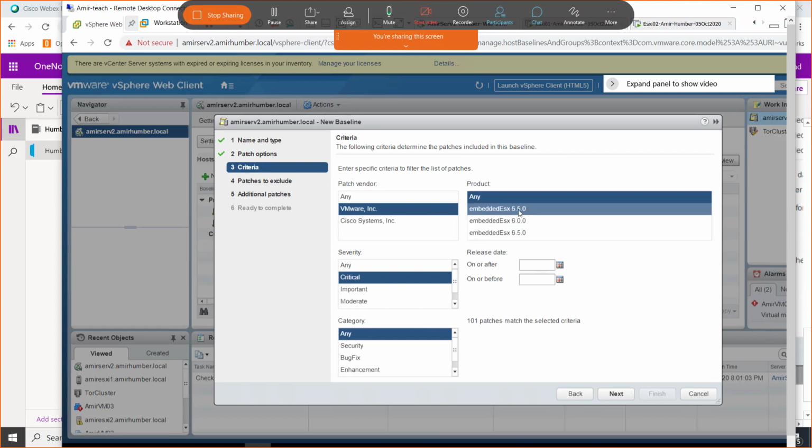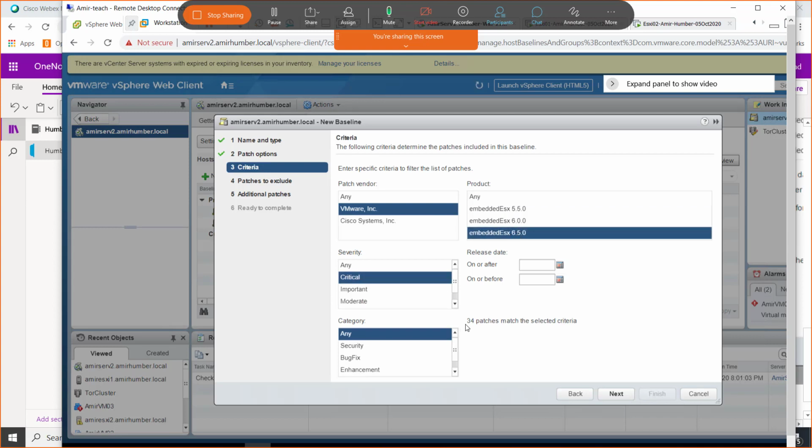And then, but we don't want to install the previous vCenter and ESXi patches, right? We want to install the 6.5 only, this one, not 6.0, not 5.5. So I'm going to go for 6.5. Now the patches come down to 34 patches. So 6.5, our version, VMware, critical patches only, and category security, bug fix, and enhancement, right? So if you have selected all that, and this is 34 patches selected,